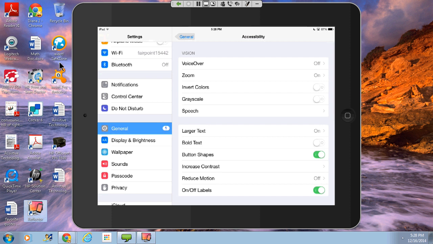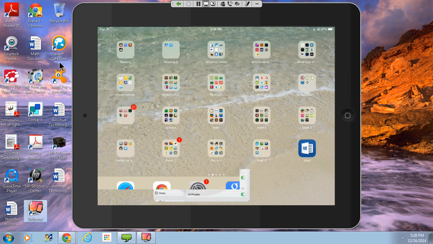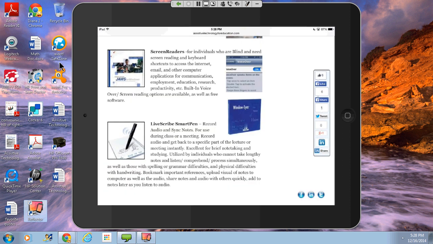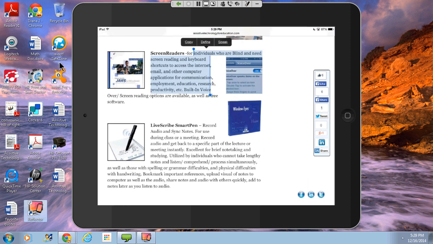And to demonstrate that, when Speak Selection is on, if we go back out to the internet as mentioned, and maybe they're on a website and they want to have information read out loud, you simply press and hold on the screen and move those blue dots to select the text that they want to have read out loud. I'm trying to make that selection a little bit smaller, and then you can see the last option to the right there says Speak. And if you tap on Speak,